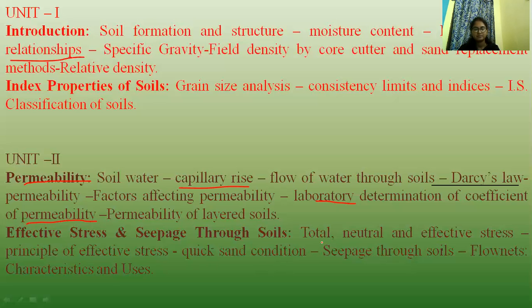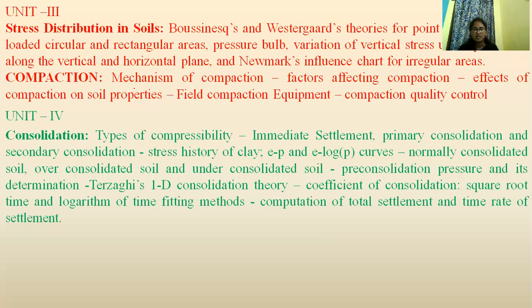In total stress, effective stress is equal to sigma dash equals sigma minus u. Effective stress is equal to total stress minus neutral stress or pore water pressure. Total stress is defined as the product of unit weight and the thickness of a layer. Total stress sigma is equal to gamma into h. That means unit weight multiplied by that particular soil thickness. That comes to unit 3.